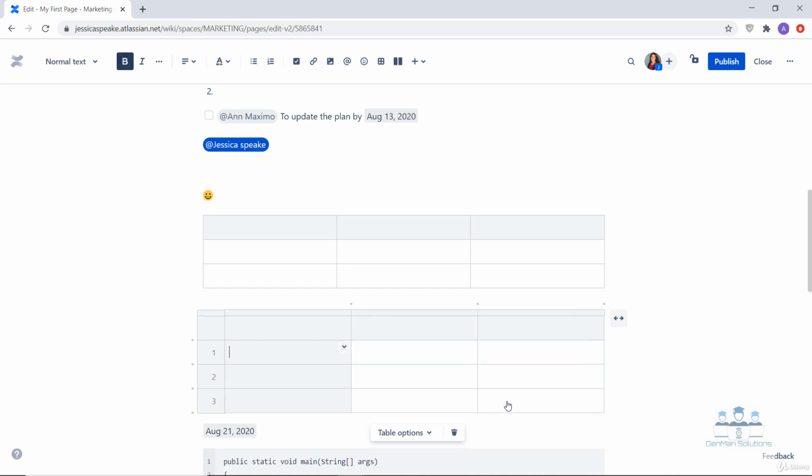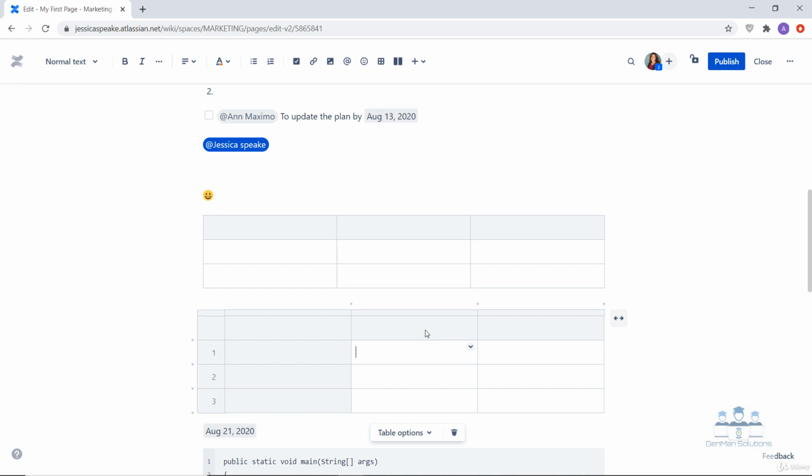In case you have inserted any text in a particular cell, you can clear the same by selecting the clear cell option. So you can see that the text mentioned in the cell has been removed. When there are multiple cells, you can select the same and have the option to merge cells.